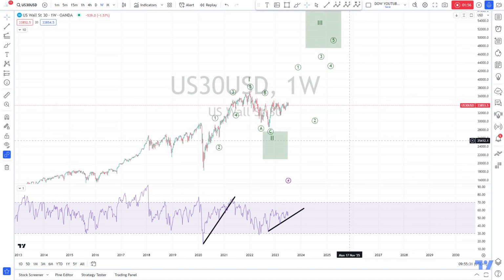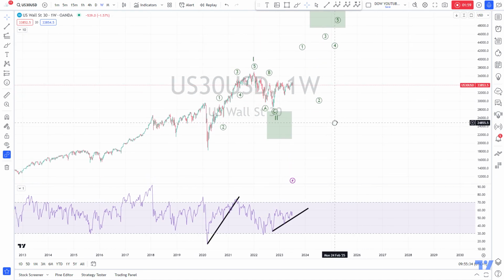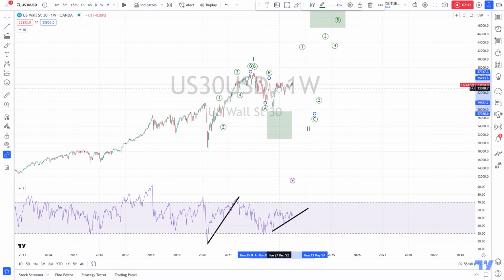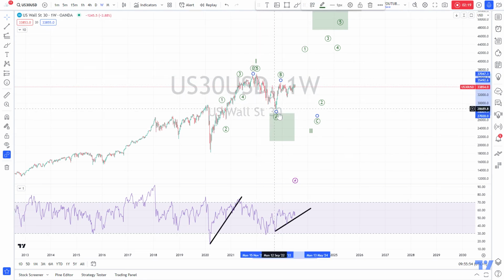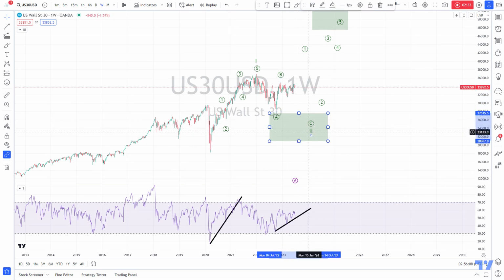But if you have seen my earlier higher time frame analysis, then you should know there is still an alternative possible. As long as we do not take out this high here, it might still be that we are doing this wave 2 correction, and then we could end up with something like this: that this was just a wave A, that we here had the wave B to the upside, and that we will pull back to do a final wave C in order to complete a wave 2 here. That would mean we also get into this area where a wave 2 normally should end.